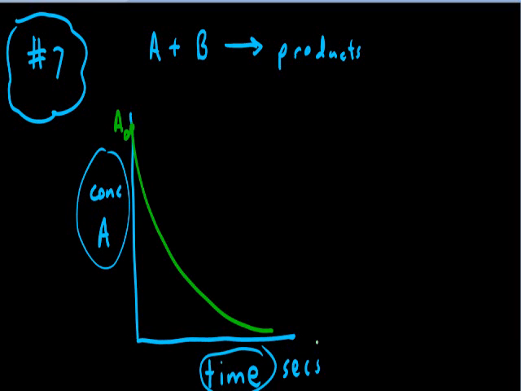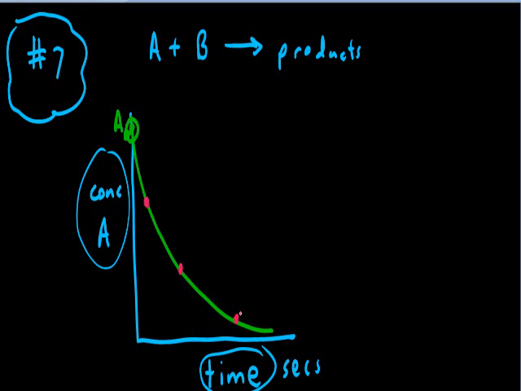The graph we create should appear to be something like this. Here we have our initial concentration of A at time 0, where the concentration is highest, and we can see that the concentration of A diminished as time went by. To find our instantaneous rate, what we need to do is pick several points along our graph, and we're going to find the tangent line at each one of these